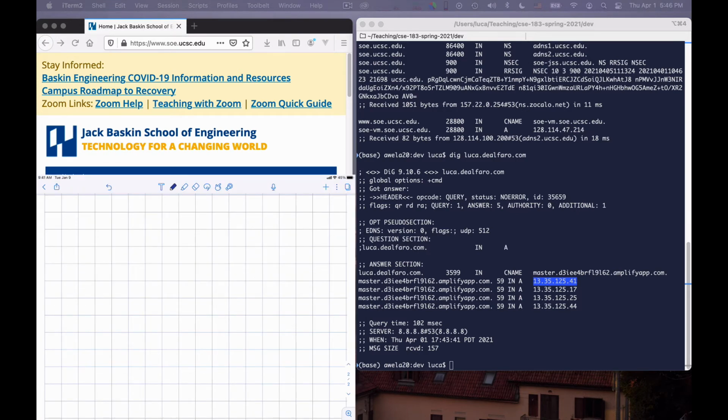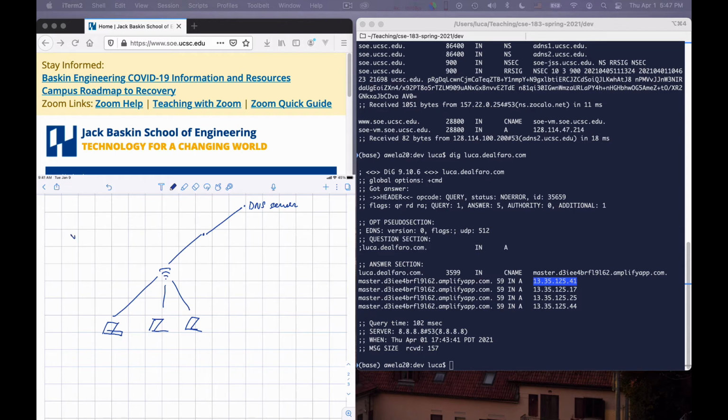Now, one interesting problem that is worth mentioning is the following. Let's look at what happens again. So here is you with your laptop. This is a badly drawn laptop, and these are other people's laptops. You are maybe sitting in a cafe or at an airport. So this is a Wi-Fi access point, and then there is the rest of the internet, and then at some point there are these domain name servers, DNS servers.